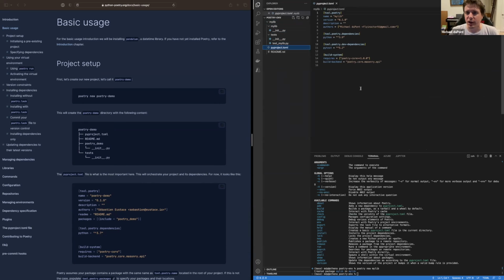We have our pyproject.toml file, and this authors is already auto-filled because the first time that you set up poetry, it asks you for this information, it saves it, and so it doesn't need to keep asking you every time that you create a new project. I believe the Python version is, I'm actually not sure what sets the minimum Python version. I believe there's a default in there somewhere. I can tell you this saying that 3.9 or up is not just whatever Python version is currently in the environment, I don't think, because this environment is running Python 3.10. And then you can see we have one dev dependency already, PyTest,